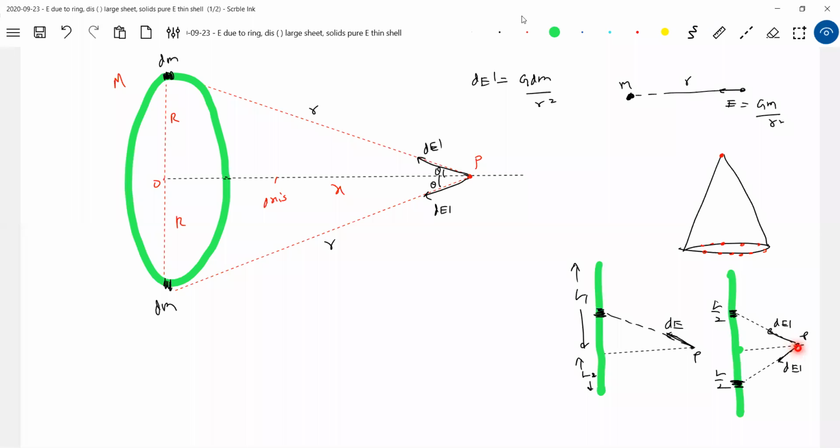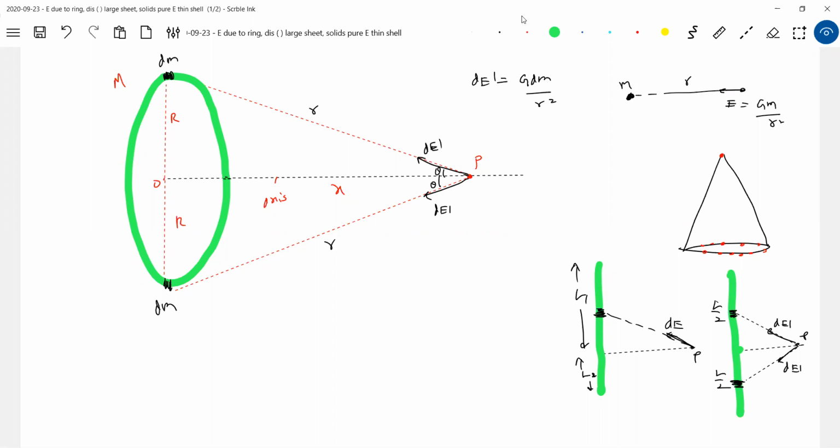To minimize mathematics, I'll always search for any symmetry. I think all of you by this time know the symmetry idea, how mass is distributed here, and similarly the way the mass is distributed. I can pick up 2 points which are equidistant from point P, so I say mass is distributed symmetrically. So 2 elements will come here, 1 element. The similar idea here also. 2 elements we assume. Because of that, the y component will get eliminated.